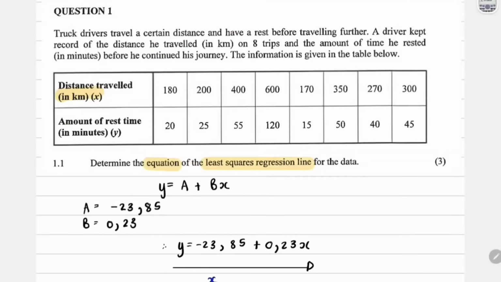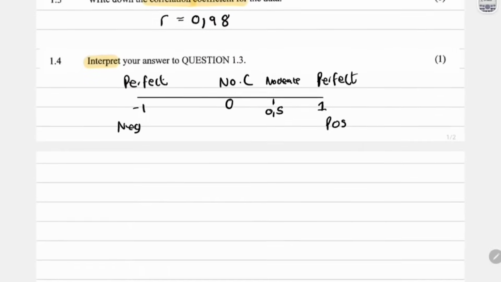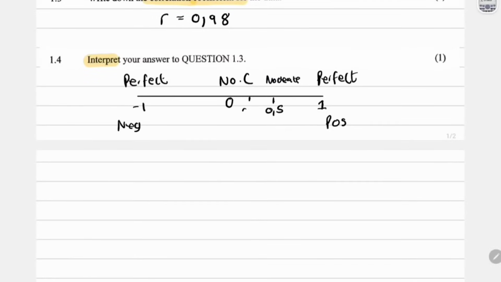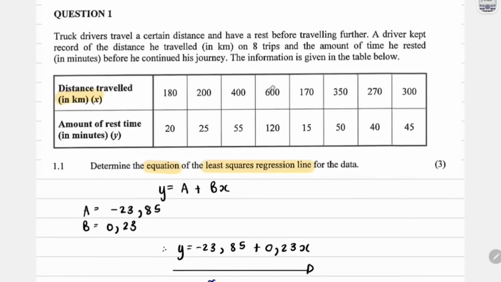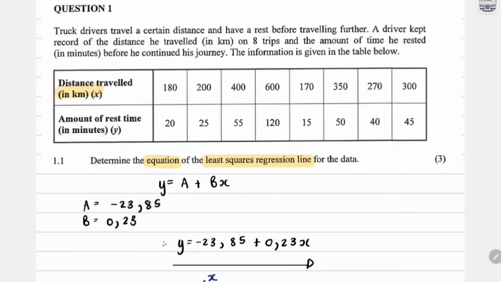So there's a 50% chance that the distance that he travels affects the amount of time that it takes for him to rest. And then if it was between here, like 0.2, for example, this is quite weak. This is a weak, of course, it's positive. So weak positive correlation, that means it doesn't even really affect it. You can't really rely on that. You can't say that, okay, the distance that he travels actually affects the amount of time that it takes to